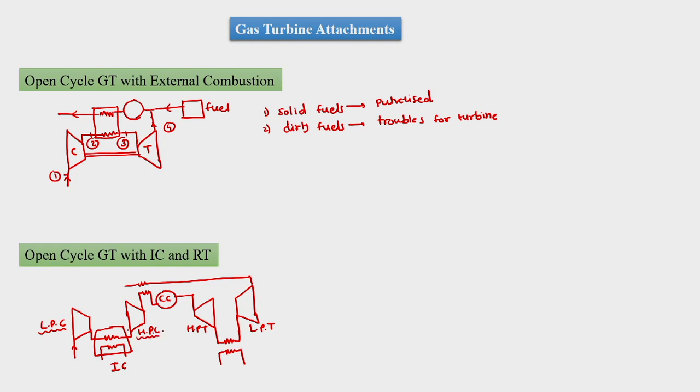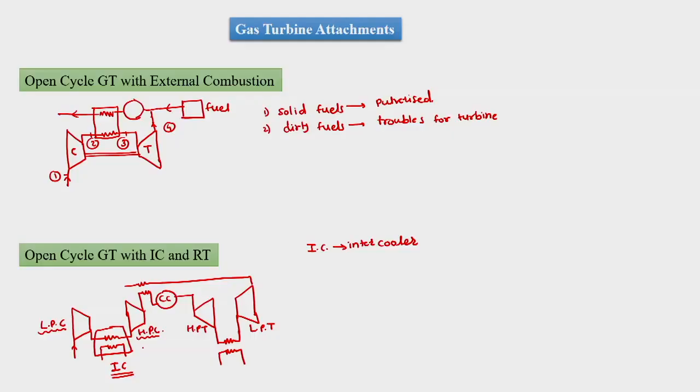In between the low and high pressure compressors we are going to reduce the temperature of the air using an intercooler. So here IC means intercooler. We know that if the process of compression is achieved in the isothermal state, then isothermal compression has minimum work input. So the objective of the intercooler is to reduce